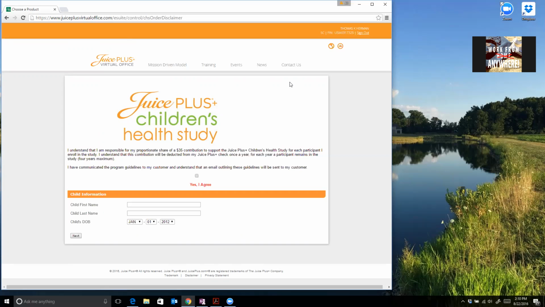If you go to childrenshealthstudy.com, you'll see the results. This is an actual study. It's not a clinical study. They're not drawing blood. It is a study where they are asking for information from the adult sponsoring the child. All right, so make sure you understand that the requirements are that the adult gets the product to the child